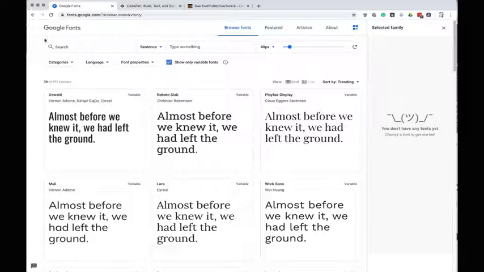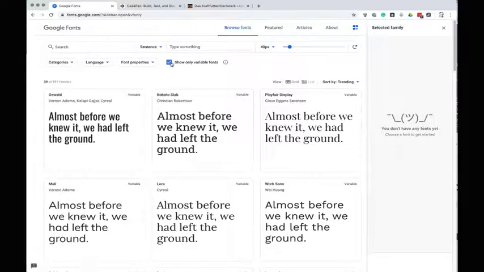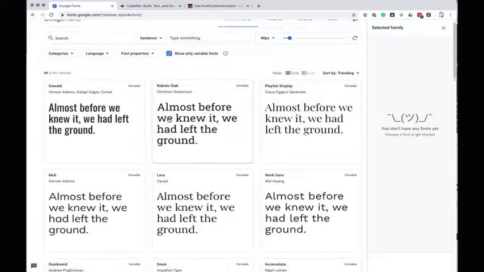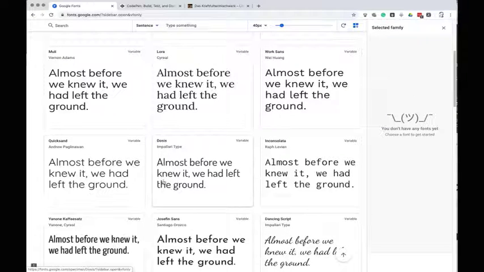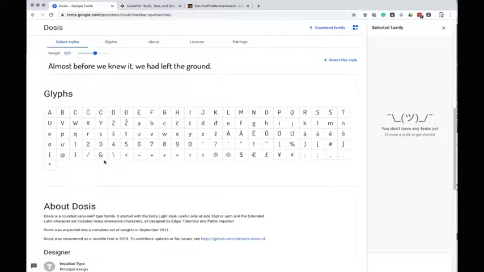So I wanted to show you how to embed variable fonts using Google Fonts. There are now 39 different variable fonts on Google, and it's growing. So you can show only the variable fonts by clicking this option on. Let's choose one, and you can see that a lot of them only have